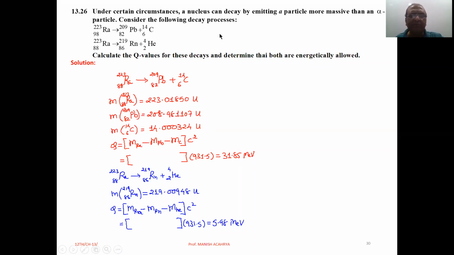Consider the following decay processes. 88 Ra 223 gives you 82 Pb 209 plus 6C14, and 88 Ra 223 gives you 86 Rn 219 plus 2He4. Calculate the Q values for these decays and determine that both are energetically allowed. Now 88,